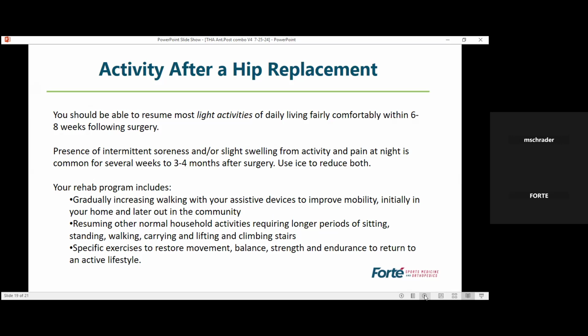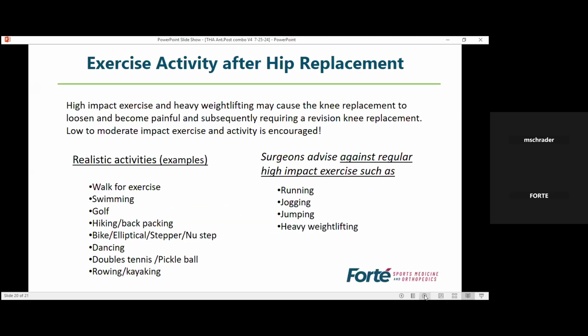And in terms of our rehab, we work a lot on gradually increasing walking with your assistive devices and then without them, improving your overall mobility for stairs, home tasks, being out in the community, resuming other normal household activities, the things we just talked about, and then going beyond that, what is it you want to get back into doing? We will have that final phase of rehab to get you ready to return to exercise activity, regardless of what it is you want to do. And with that respect, the next slide here talks about realistic